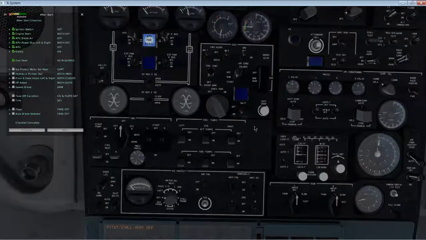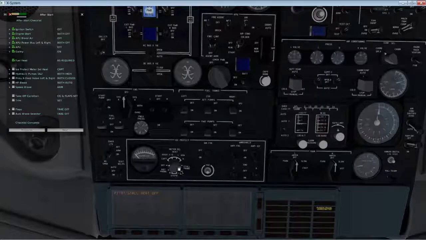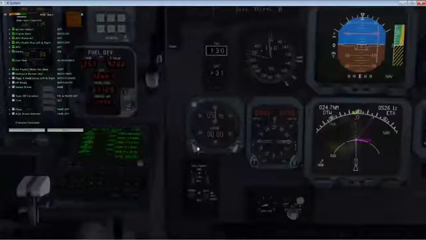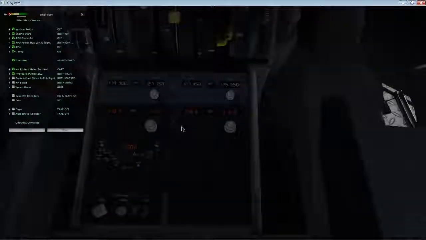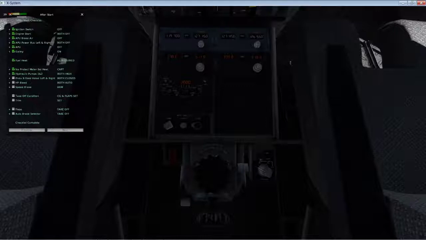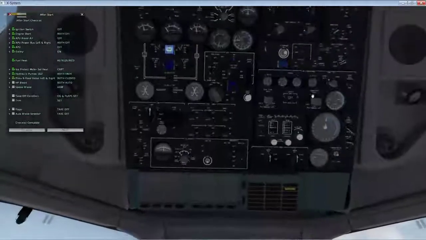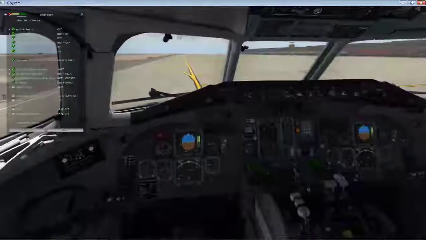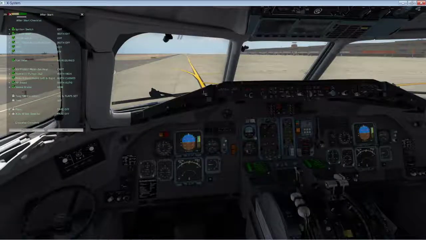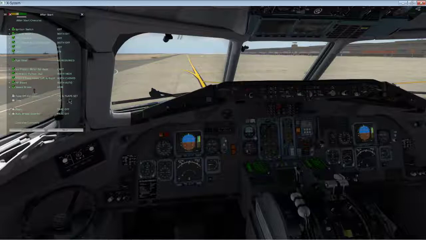Fuel heat. We don't need that. Required. Ice protect. Meter so heat. Capped. Hydraulic pumps 1 and 2. Both high. Pneumatic feed valve left and right. Both closed. HP bleed. Both auto. Speed brake. On. Takeoff condition. Now we set the center of gravity before